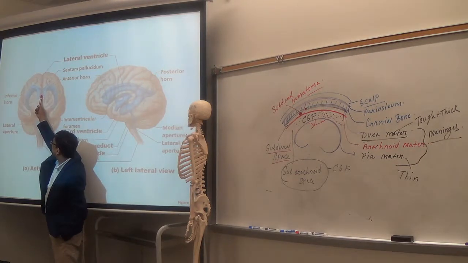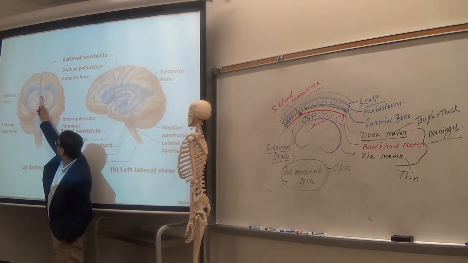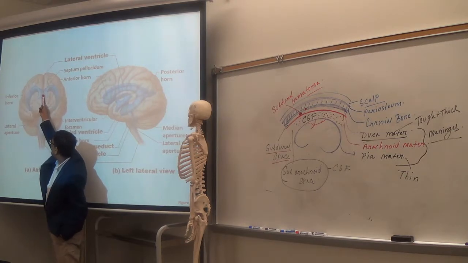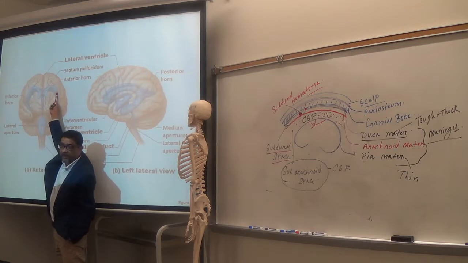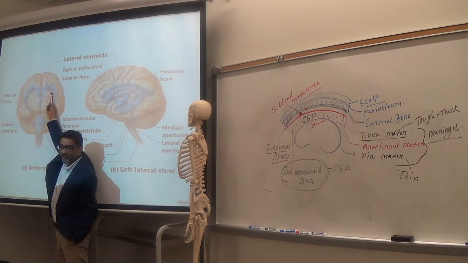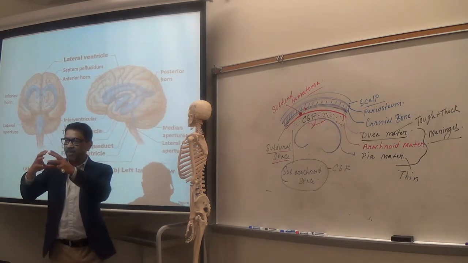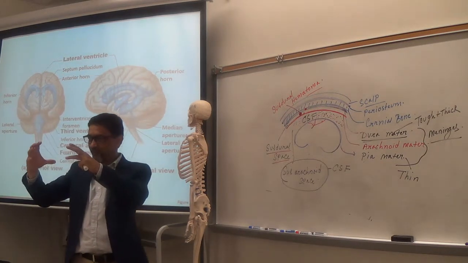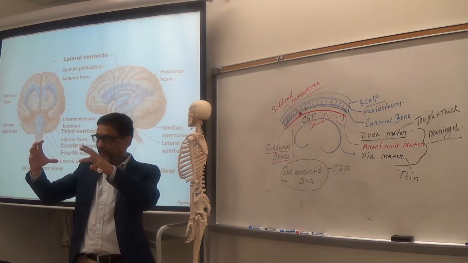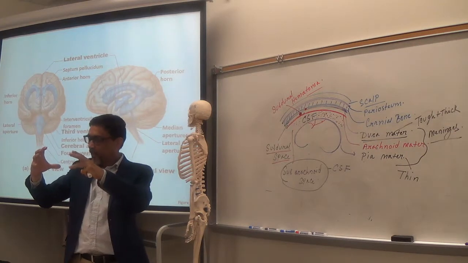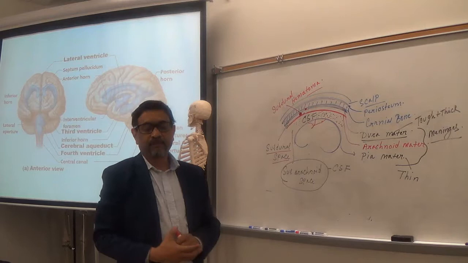For example, if this interventricular foramen is blocked by pressure, then what will happen? Fluid will start to accumulate inside this. Make sense? It will not be able to get out. So what will happen? The ventricle will get bigger. The pressure will increase inside the ventricle. Make sense? And that is called